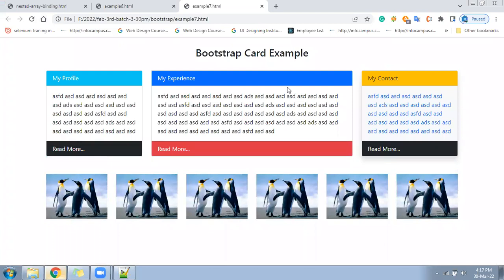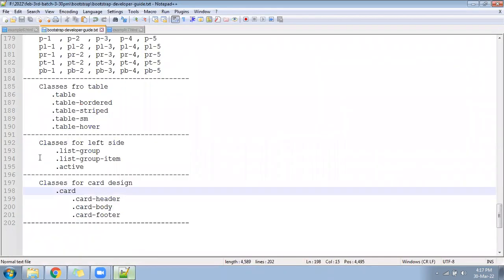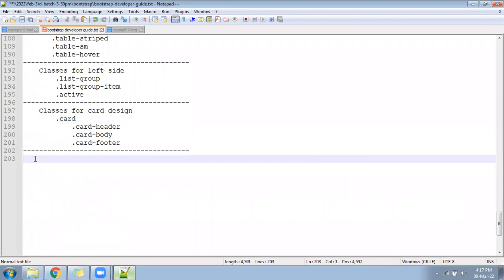So go ahead with the developer guide now. We can write the next class, that is called the button class.